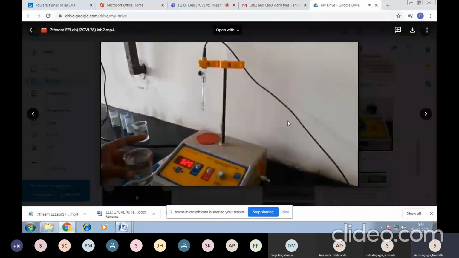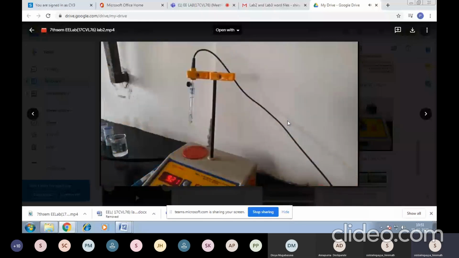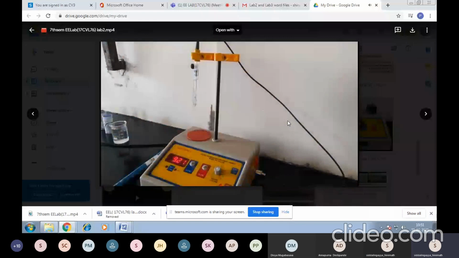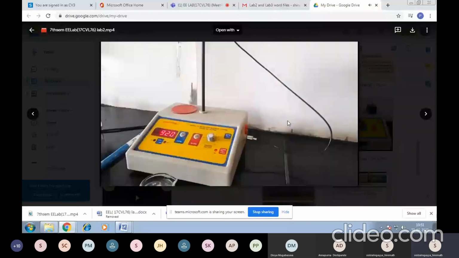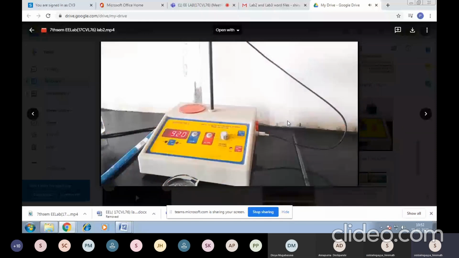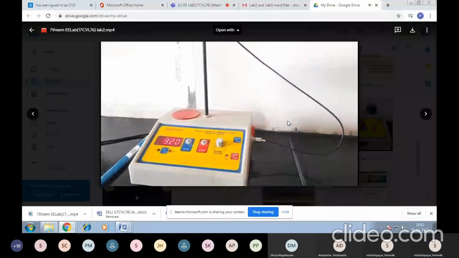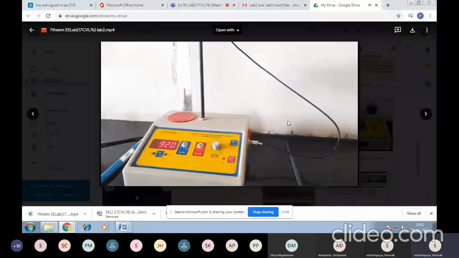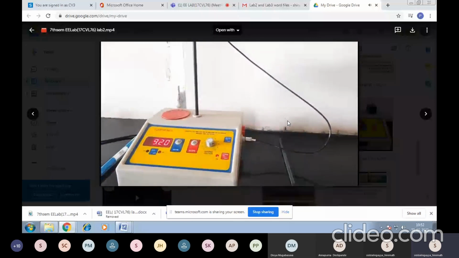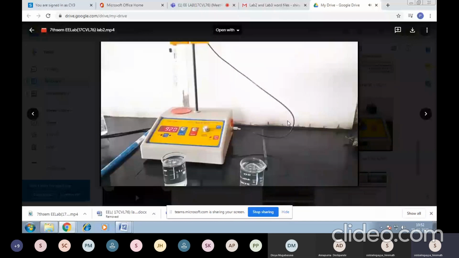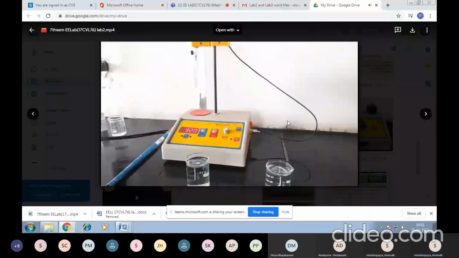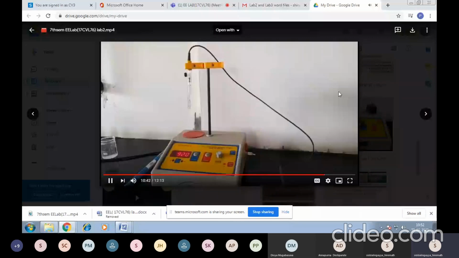Testing, which again involves the following steps. That is first, performing calibration of the pH meter using standard pH solution. Now, in a clean, dry 100 ml beaker, take the water sample and place it on a magnetic stirrer. Insert the Teflon coated stirring bar and stir it well. Now, place the electrode in the beaker.